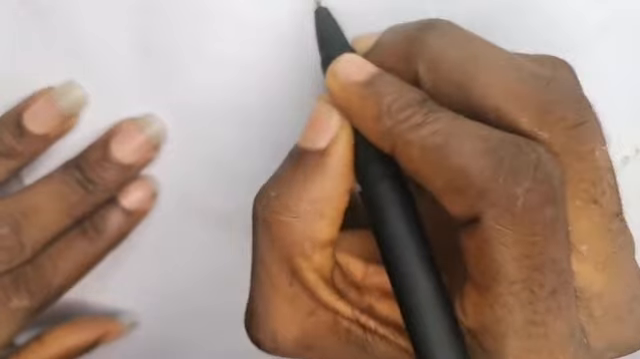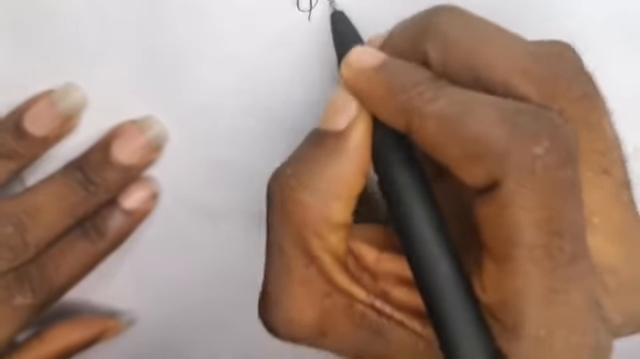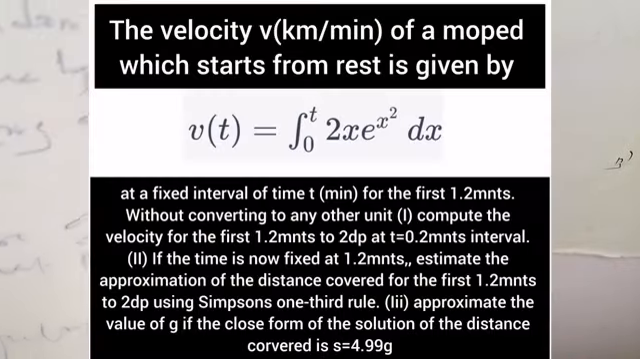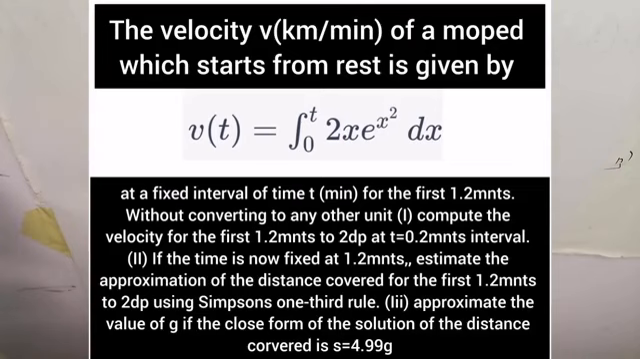Alright guys, so in this video we'll be looking at question 3 of March 206 past question, River State University. Alright, so the question 3 says, if the velocity v in kilometer per minute of a mop which starts from rest is given by